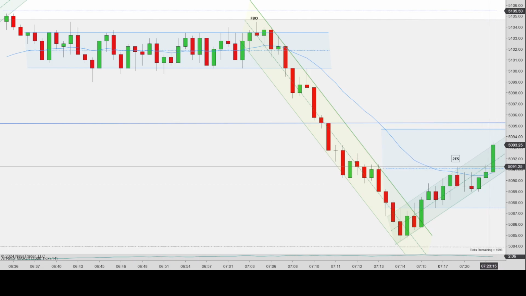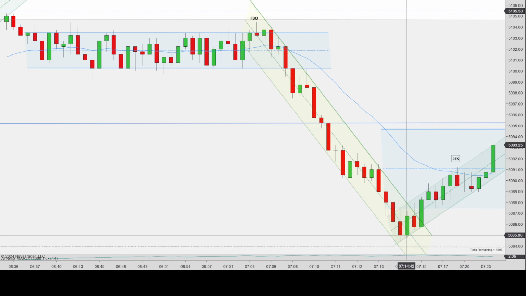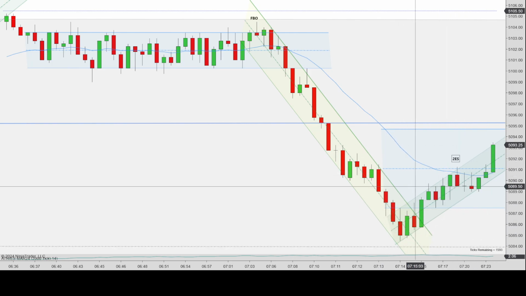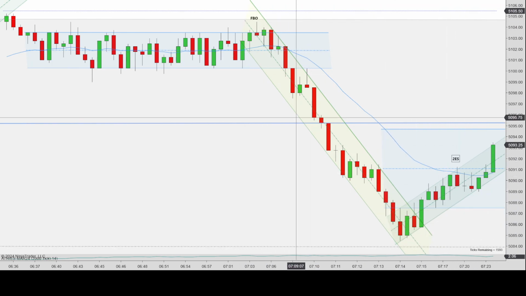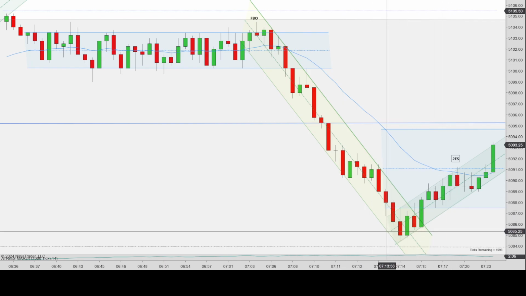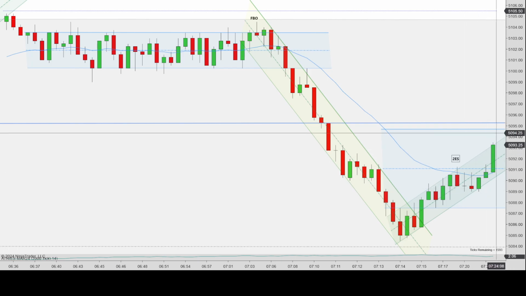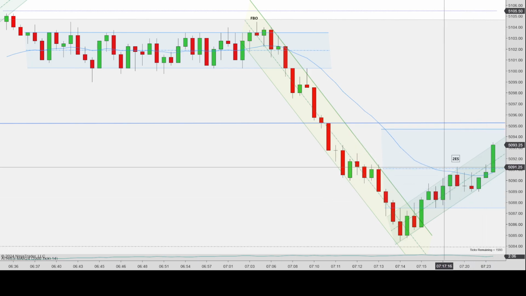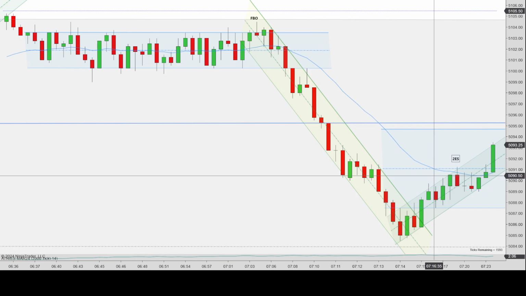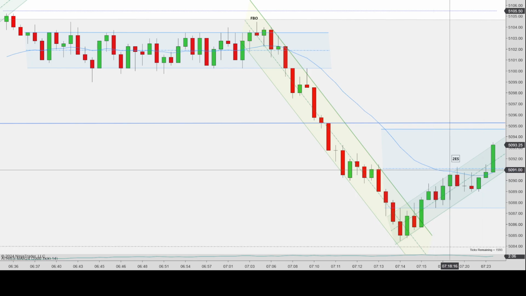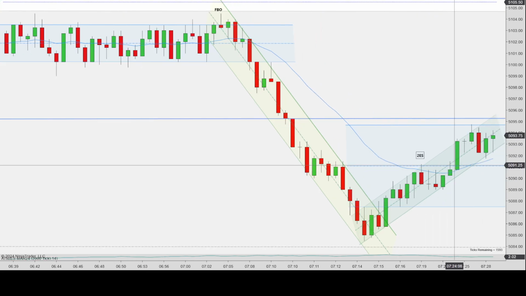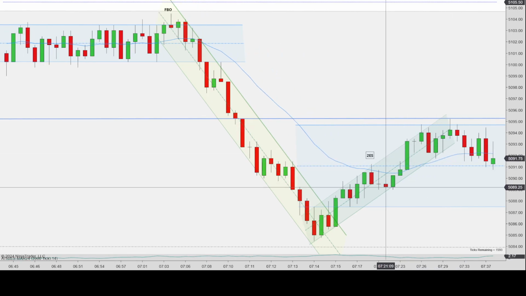So I was kind of bummed. I thought this was a decent setup. Then I drew this green channel and I thought, okay, well, maybe it's actually a larger correction. So even though it's two legs, two tiny legs, it could actually be seen as one big leg up, pullback, and this part could be starting the second leg. So unfortunately, this trade failed, but at the time, and I still kind of think, it was a decent setup. Then prices continue moving, breaks out of this green channel.